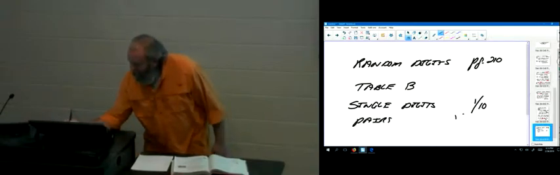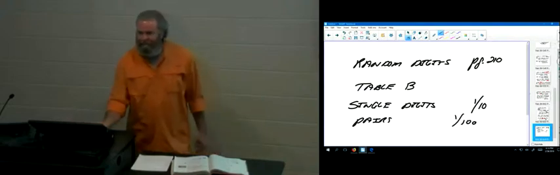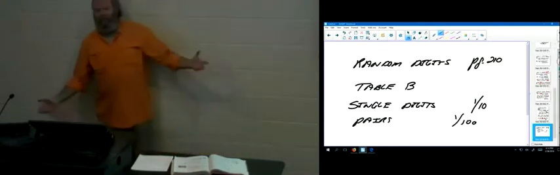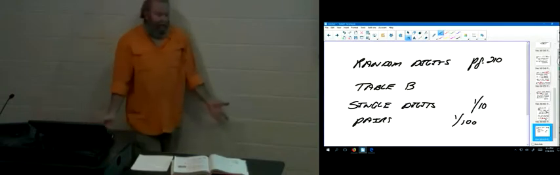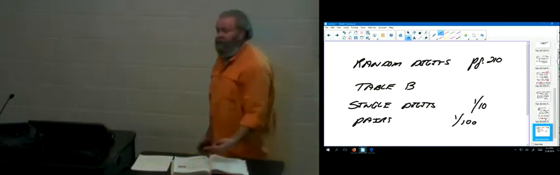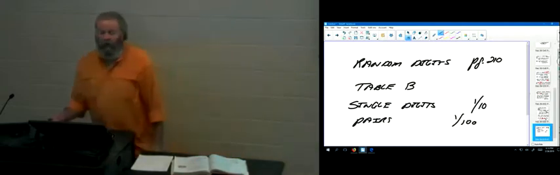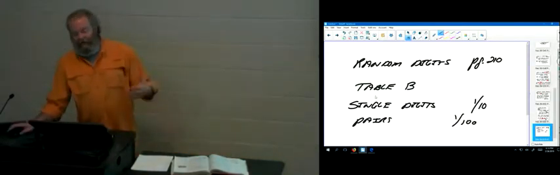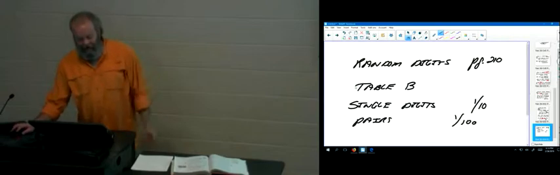They're all equally likely. 00 through 99, there are 100 pairs. The chance of any pair showing up anywhere in the table right next to each other is 1 out of 100. Well, can I read the table, instead of being single digits or pairs of digits, can I read them